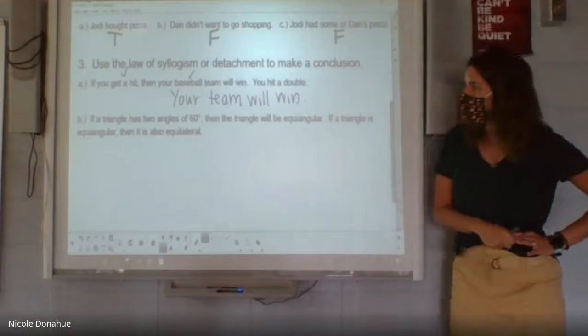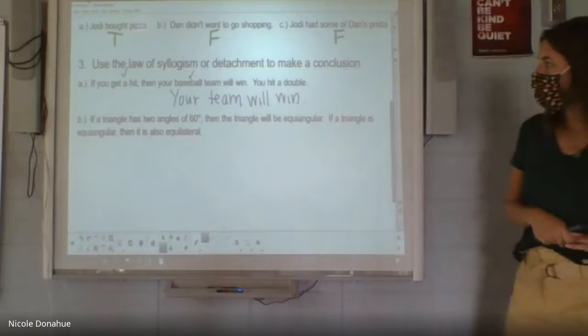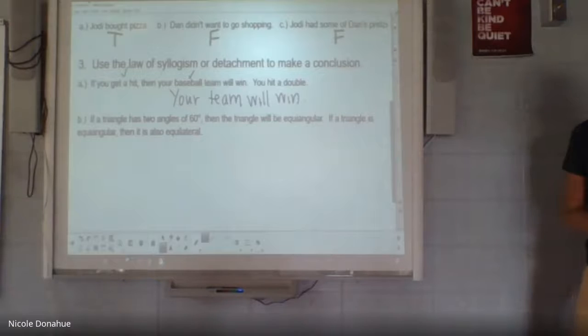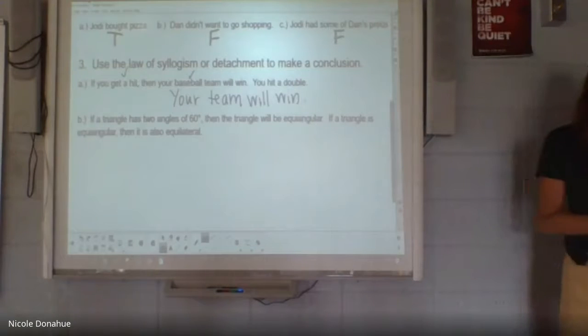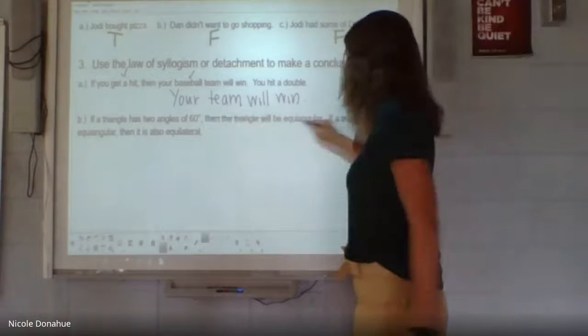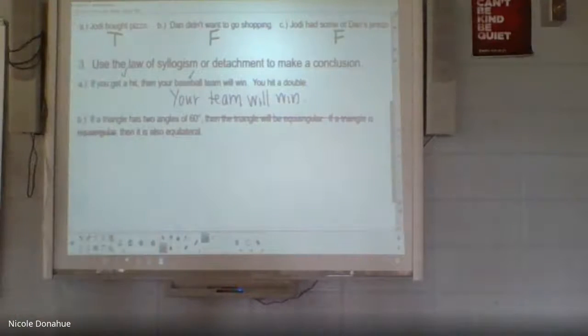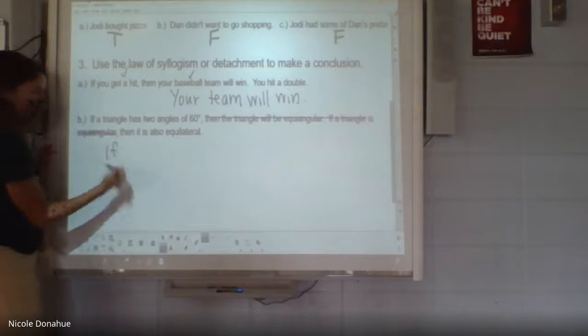All right. If the triangle has two angles of 60 degrees, then the triangle will be equiangular. If the triangle is equiangular, then it's also equilateral. This is the one where it just sounds like they're repeating themselves. So this is the one where we just want to take out that middle information. And so our conclusion is just going to be, if a triangle has two angles of 60 degrees,